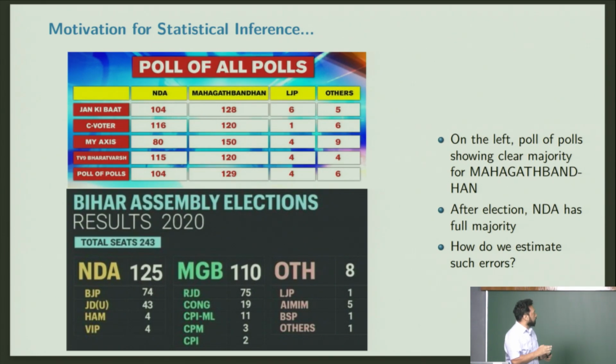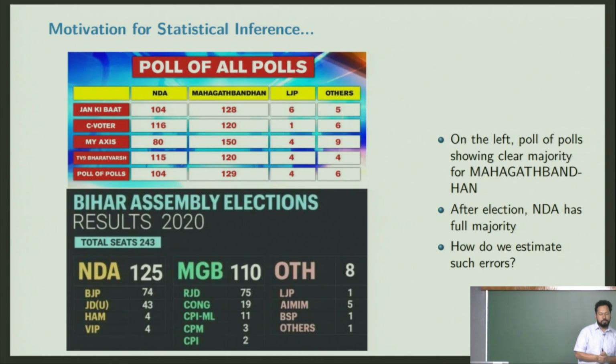We have poll agencies. They go to the state, and they do predictions, and they say that these are the estimates for the non-NDA, and these are the estimates for the NDA, and those who are not part of the alliance are the last 2 columns, and these are the projections. That's why they call this poll of polls. You take polls and then you make a global poll of these. And if you see, most predicted that Mahagathbandhan will win or acquire the majority.